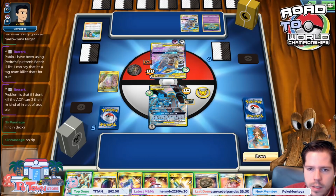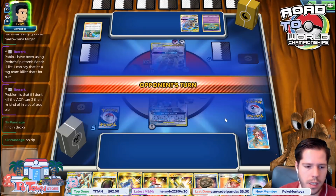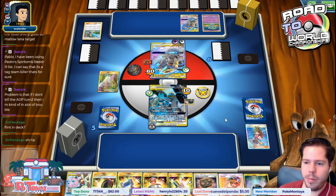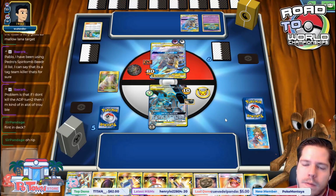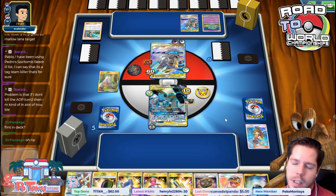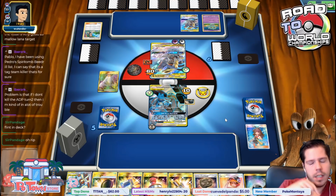Yeah, I think I just passed, right? There's no way I get KO'd. 2-4, yeah, there's no way I get KO'd. Yeah, big rip. Big rip indeed. I still don't think I can win though. Even if Flint was in the deck, and I could have gone in this turn, I still don't think